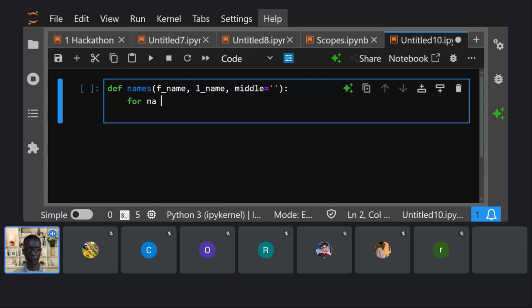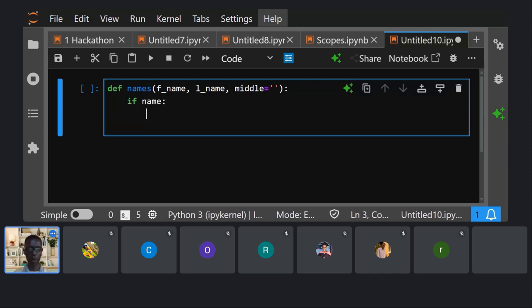So what that means, okay, let me just say if middle name. So if you see this expression, I'm checking if whoever is going to enter into this system to log in has a middle name. So if they have a middle name, then